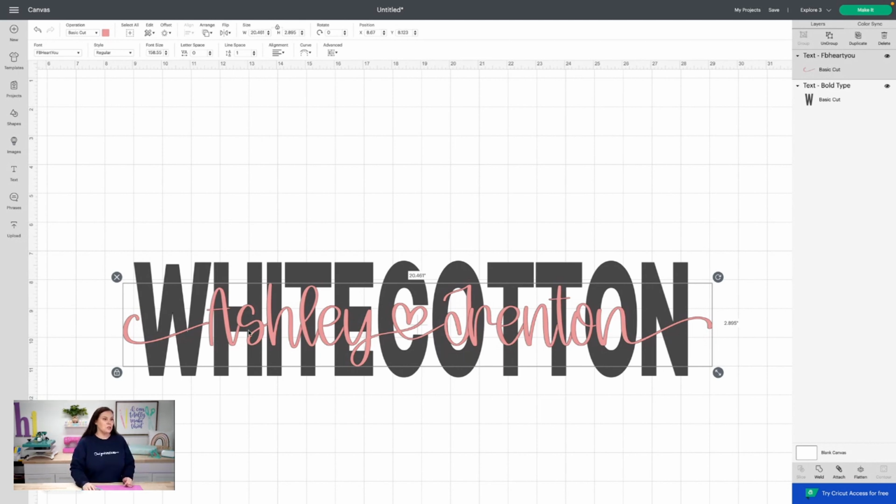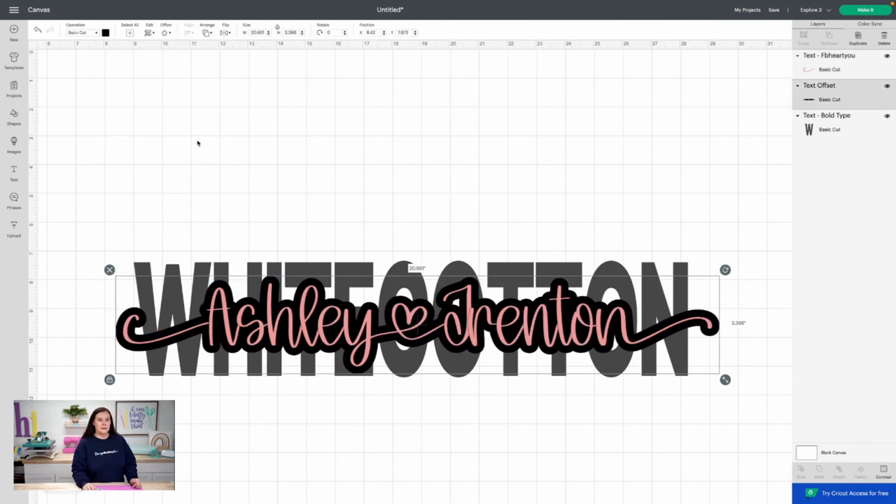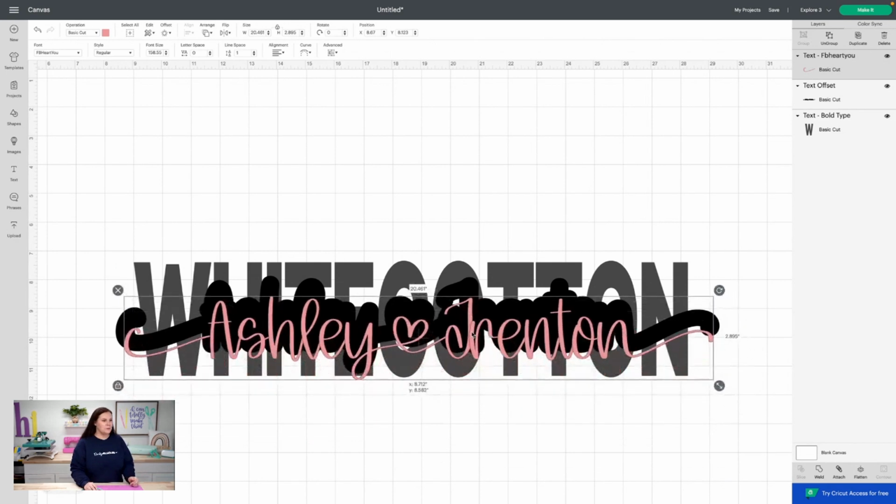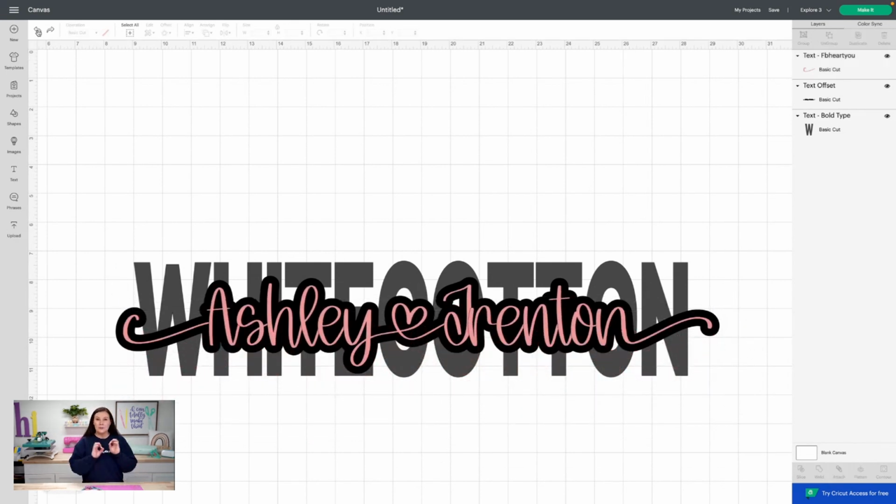The very next step that we're going to do, this is called a knockout design. We're going to go up to that offset, and I am going to create our little offset here. All right, I'm happy with that. Looks good to me. I'm going to hit apply. So now we have this little back layer here. I'm going to move this out of the way just to make sure there's nothing that I need to contour like I showed you before. I'm going to undo just to put that back where it belongs, because if there were little spots, you would want to contour those out, hide all contours.